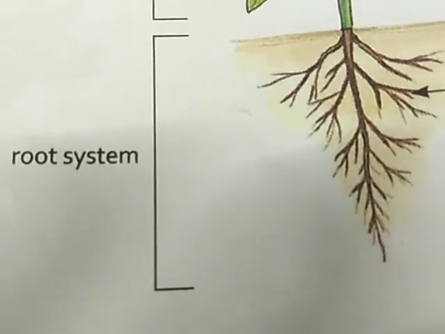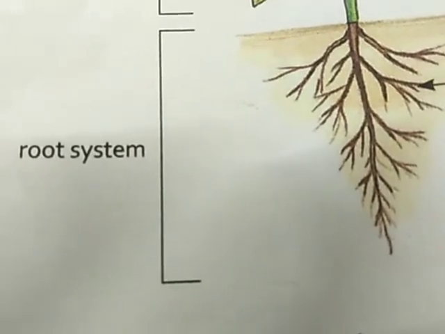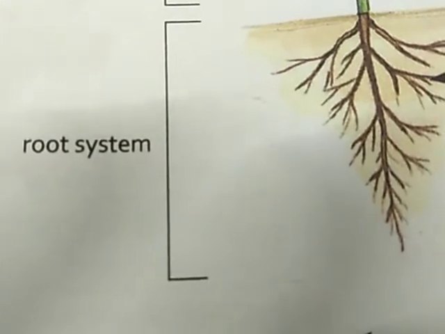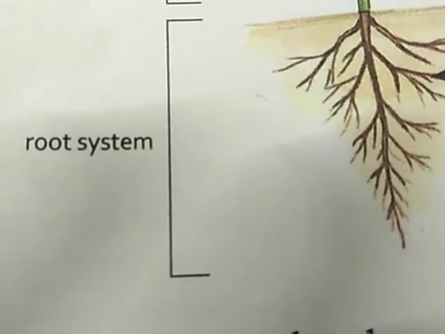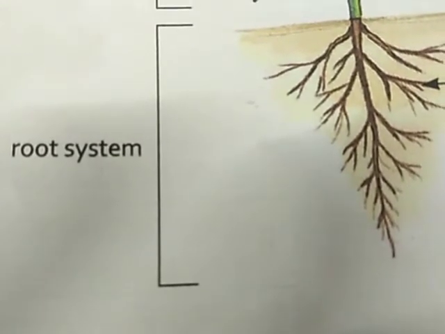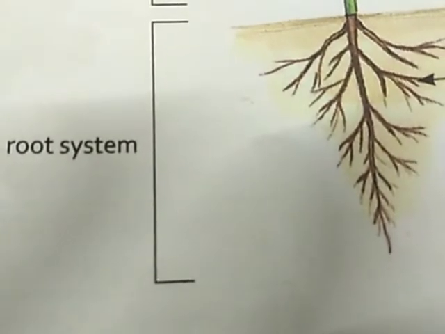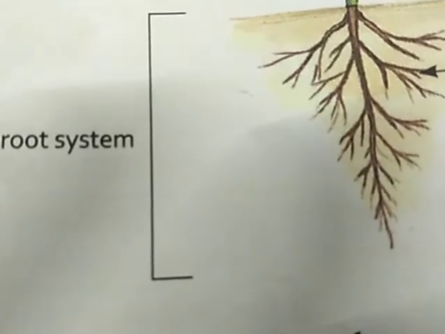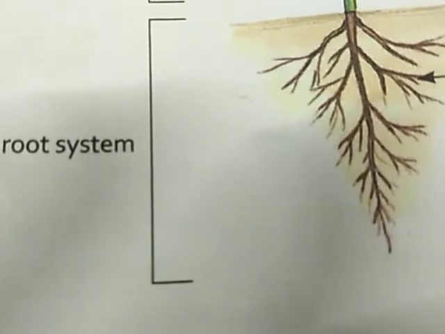They absorb water and nutrients from the soil. Absorption: what it absorbs. The plant needs water and nutrients to grow. So from where do they get the water? Where will you put the water? In the soil, near the roots, yes or no? So the roots will absorb the water and nutrients from the soil, and they will pass them to the other parts of the plant. These are the two main functions of the root.